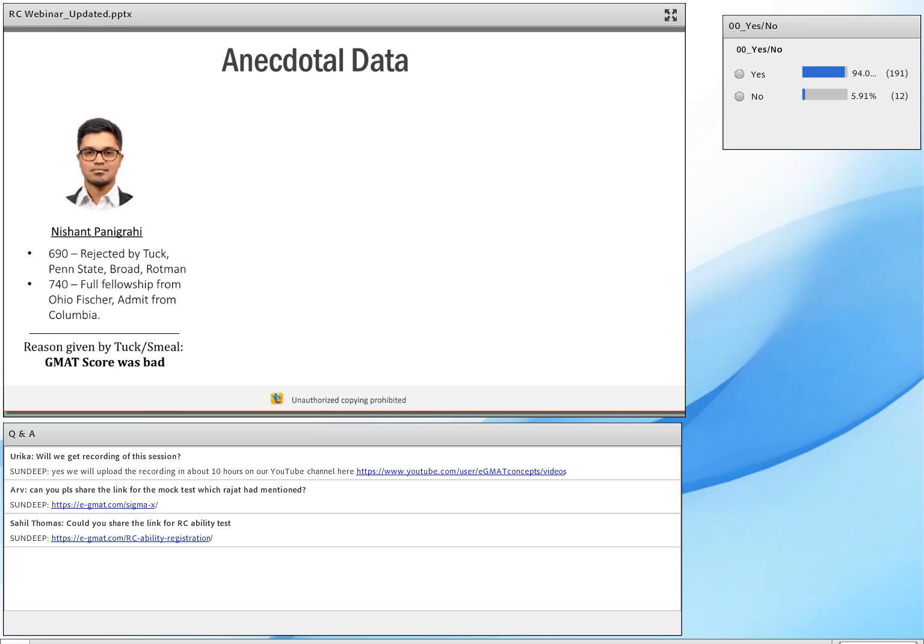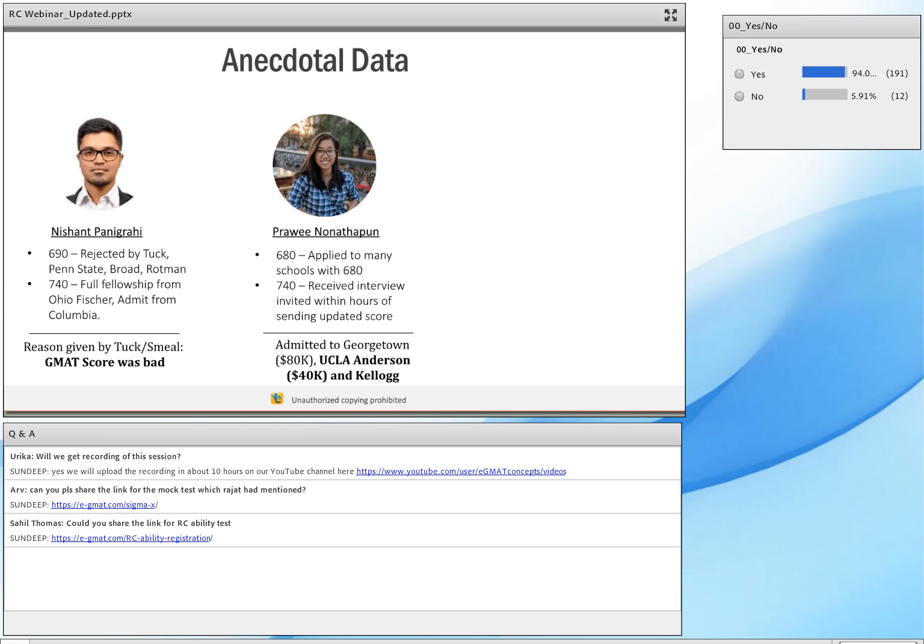So Nishant scored 690, was rejected by a bunch of schools, improved his GMAT score to 740, and not only got admission, but got multiple fellowships. He is currently graduating from Columbia. Pravi, with a 680, applied to many schools and did not get a single interview invite. 5 hours before the schools were slated to send the last of the interview invites, she updated her GMAT score to 740. She didn't even apply again, just updated her GMAT score, got 5 interview invites, got multiple fellowships, and